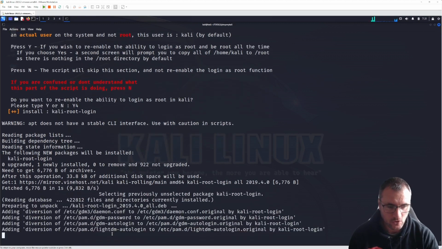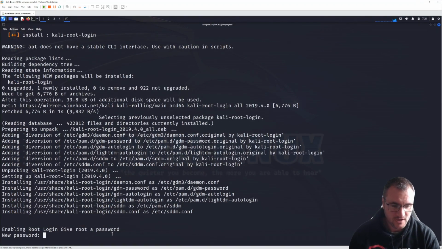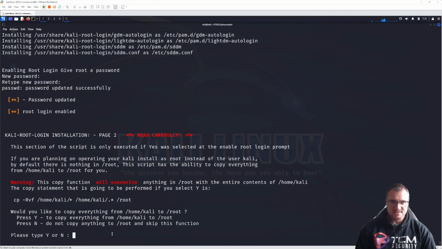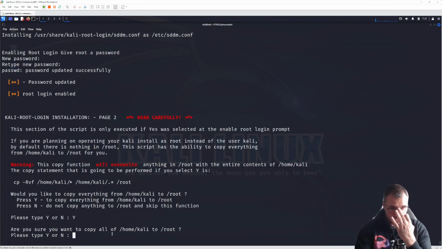and then it's going to ask me what password I want. Just for this one, I'm going to go lowercase and put the original password that it used to be, TOOR. Obviously it's not safe really to put that, but within this video, that's what I'm going to set it as. Then put it in again, TOOR, and then this prompt is asking, do I want to copy the entirety of home Kali to root? So move everything. And I'm going to say yes,